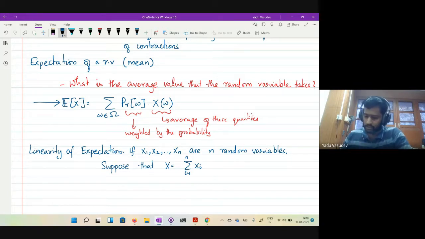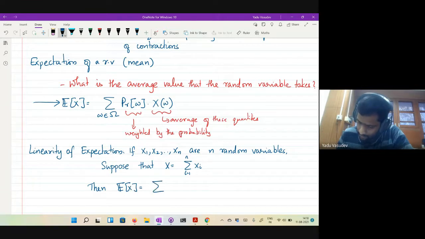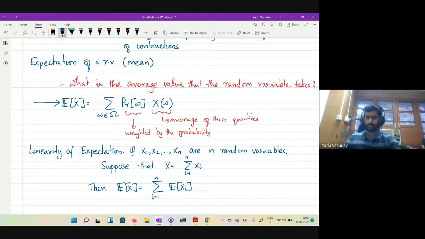So suppose that x is the sum of these random variables, then the expected value of x is the sum of the expected values of these xi's. So if you can write x as the sum of n random variables, then the expectation of x is the sum of the expectations.